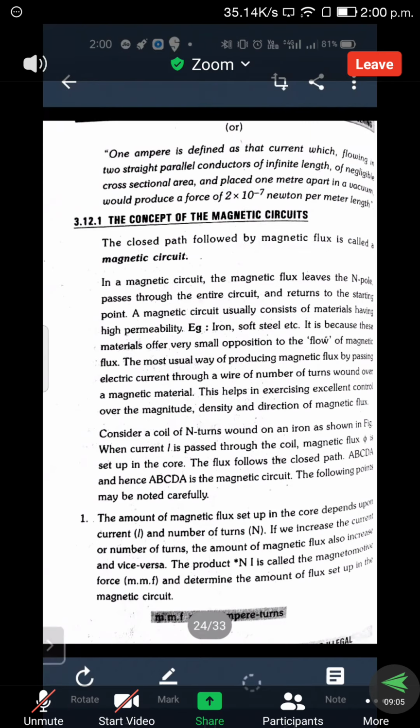Right? These concepts will be sufficient for today. Tomorrow we will discuss the magnetic circuit. This is an important topic, as most of the problems will be related to the magnetic concept. Up to here, no need to remember all those things. Just remember the definition of ampere, then the 2 points: whenever current passes through two straight conductors in the same direction, attraction force exists; whenever in different directions, repulsion force exists. Those 2 points will be important.